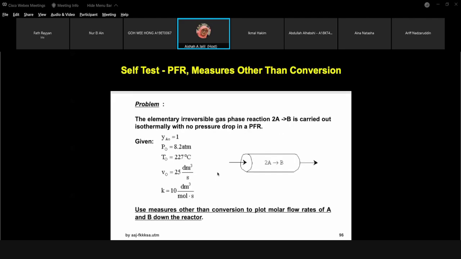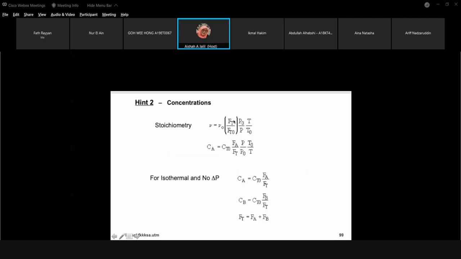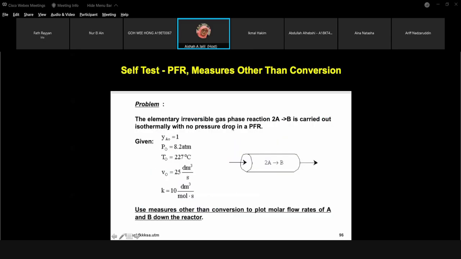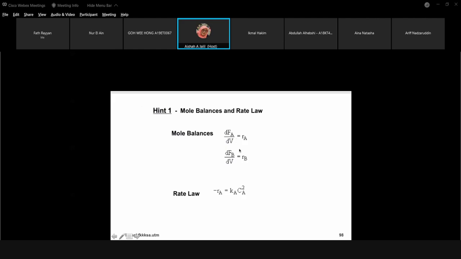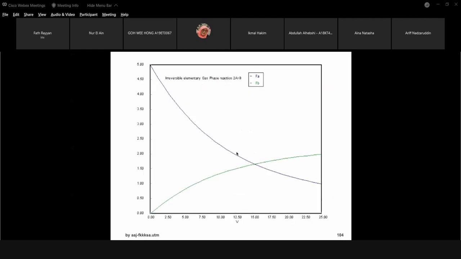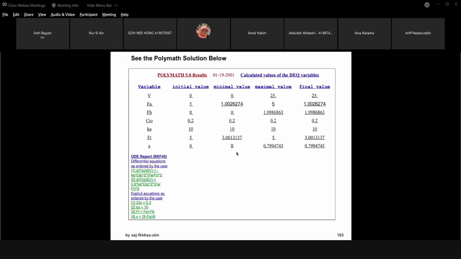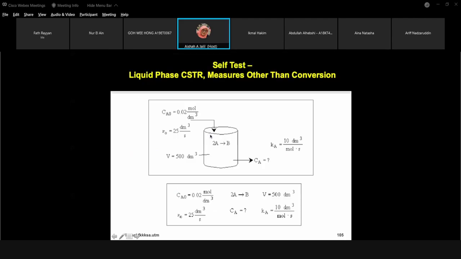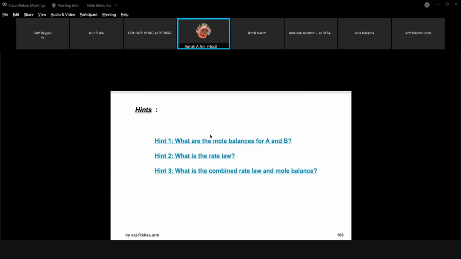This is the example for the PFR with measures other than conversion. They will use Polymath. This is the mole balance for the PFR, because the reaction is carried out in the PFR. This is Polymath: you can put in all the data and plot the graph, which comes out like this, and then you can see the trend. This is for the CSTR, and that one is for the PFR. For the CSTR,